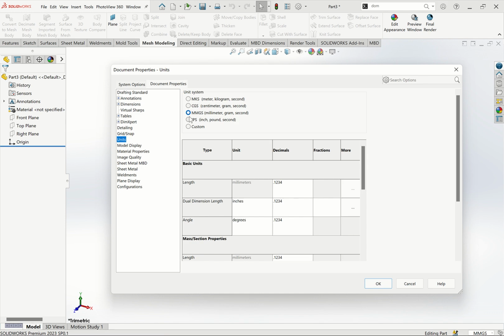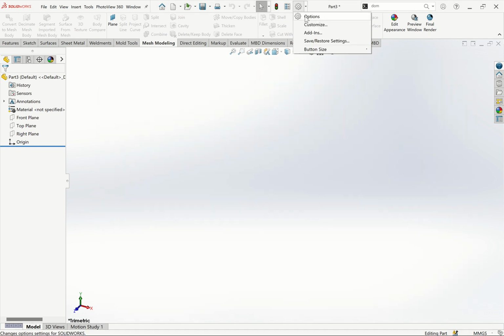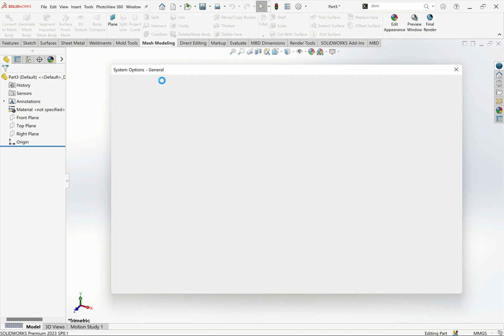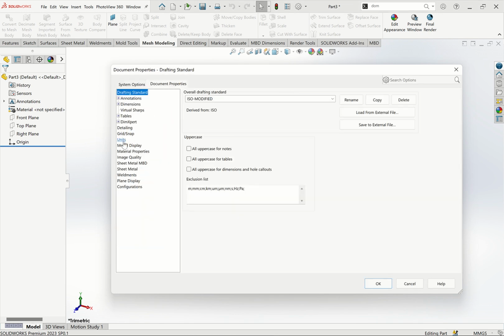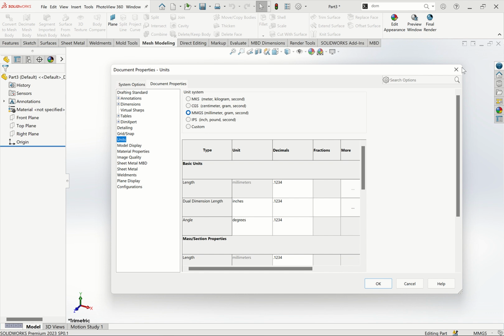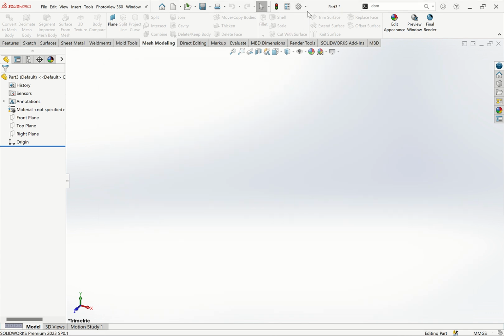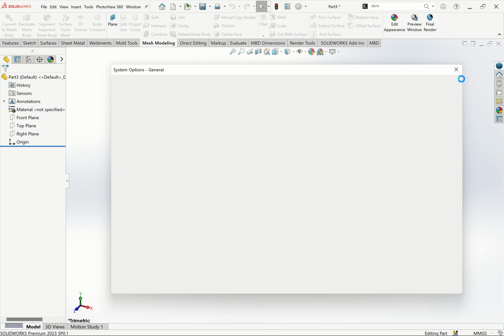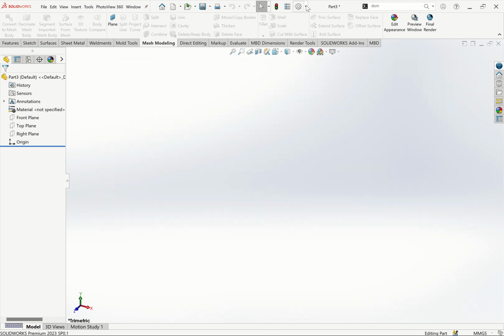It goes direct to where we are, then you're able to change the units. Or you can come to options, and then under the options, you click on document properties, units, and then you change the units. Next thing you need to understand when designing is also if you want to render your